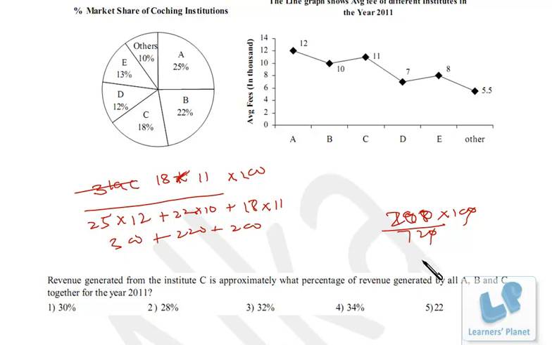Now 72 into 3 is what? 3 2s are 6 and 3 7s are 21. That's 216, right? So this is a bit less than 216. So definitely your answer will be a bit less than 30%. Okay. So your answer will be 28%, since others are more than 30% and it is much lower than 30%. But our answer should be a bit less than 30%. So 28% is the correct choice. Okay. I hope you are clear.